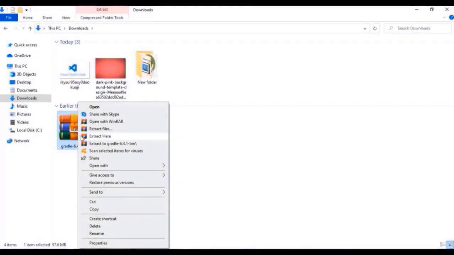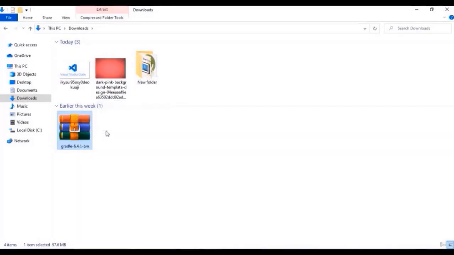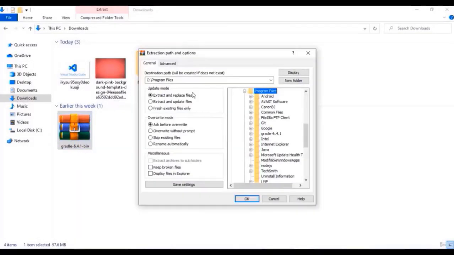Once you download the file, extract the file to your program files, C:/program files, and as you can see I already extracted the